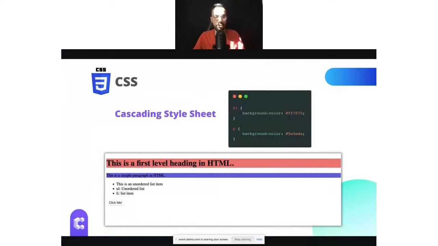Now rules can be different. To apply a different color to an element, you can use the color style rule, right? If you need to change the background color, you use this background color rule right here. So in our example here, just by adding these two simple style rules, we're changing the background color for both